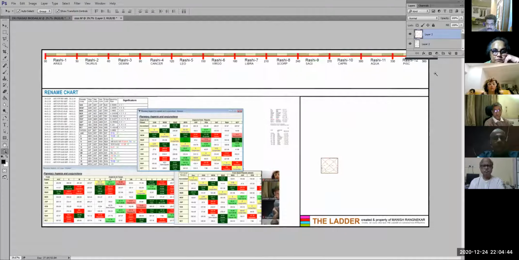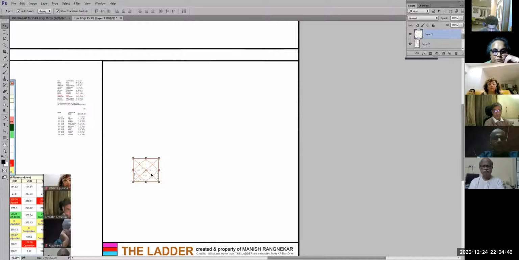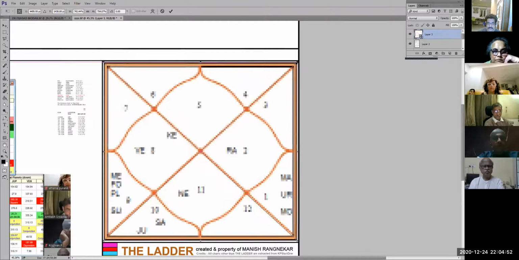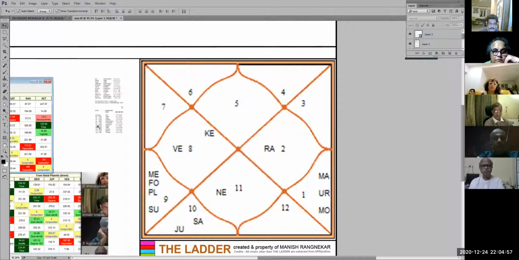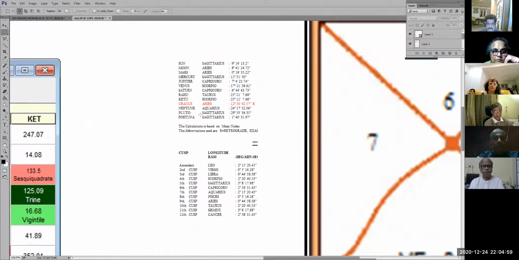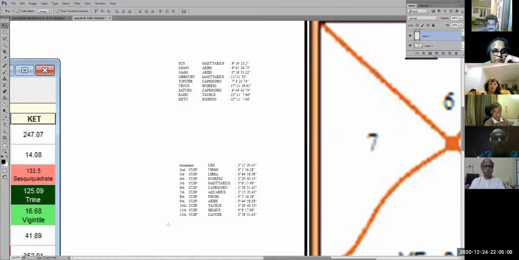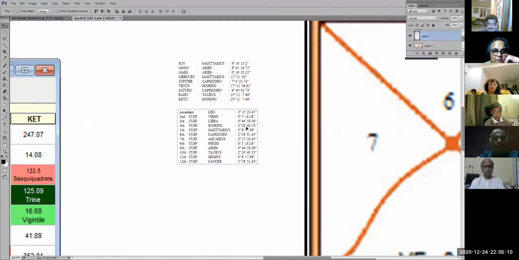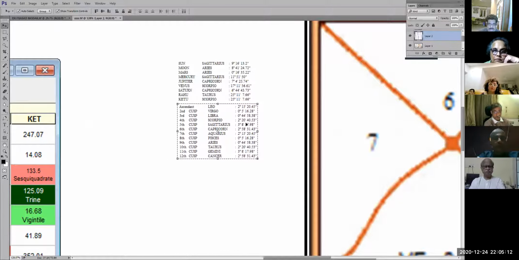If you all know Photoshop, you'll understand that I'm making this into a smart object so that it doesn't pixelate. I just keep it here and without taking shift, I just take it here because it doesn't matter if it's not an exact square. Okay. And here, I have to edit a little. What I do is I remove from Uranus all the way down here. I just delete this. Then I take this and I move it up so that the left is aligned.